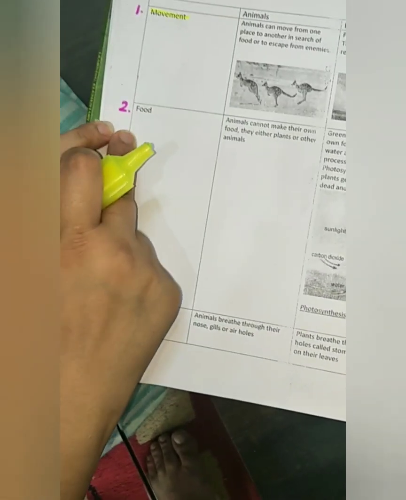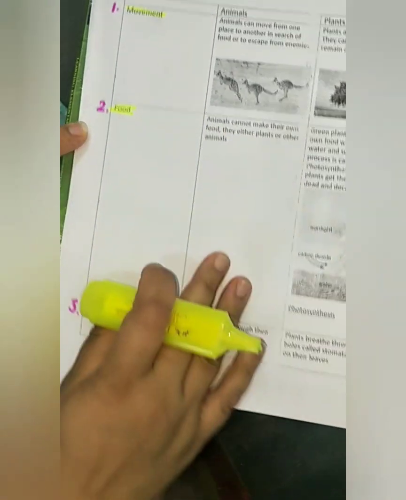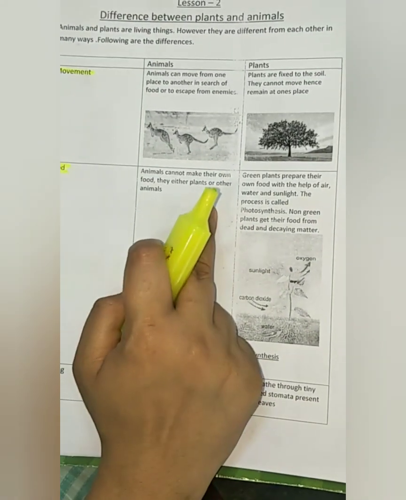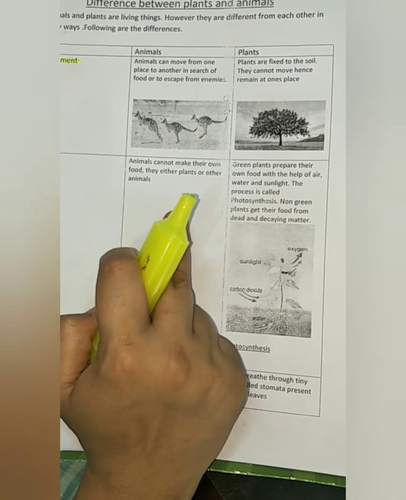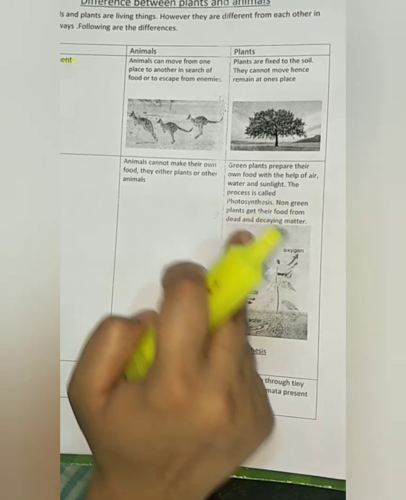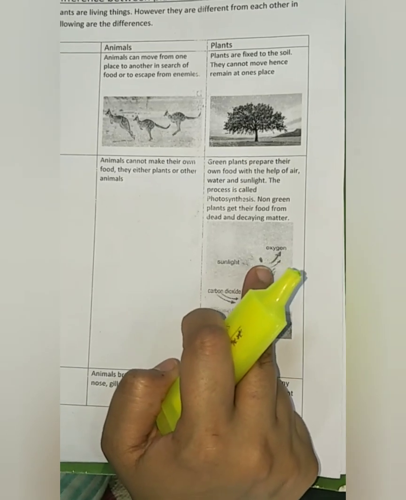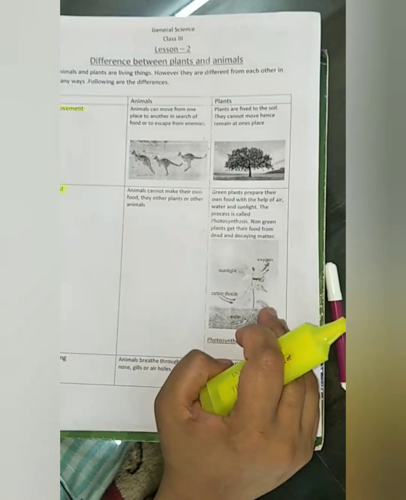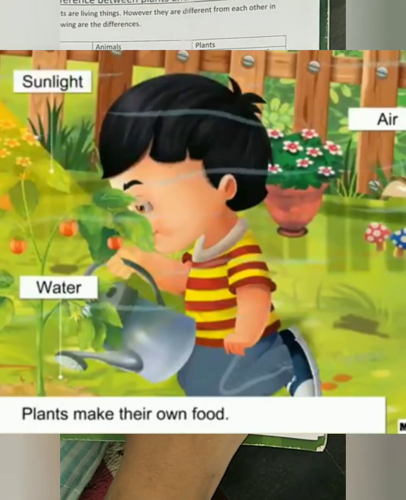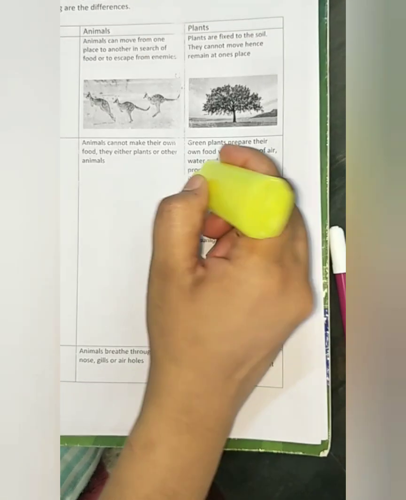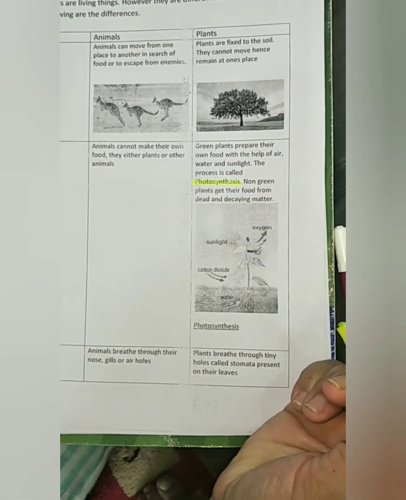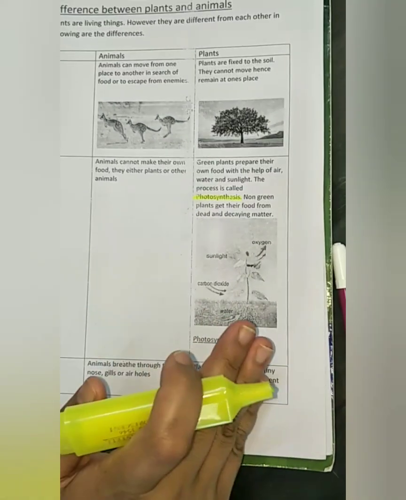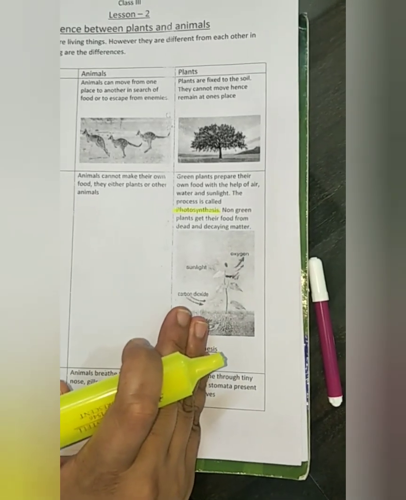The second criteria is food. We all know that animals cannot make their own food, so they eat plants or animals as food, whereas green plants prepare their own food. How do they prepare their own food? They prepare their own food with the help of air, water and sunlight, and the process is called photosynthesis. Non-green plants, for example mushrooms and molds, cannot prepare their own food, so they get their food from dead